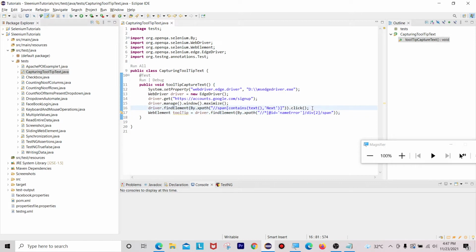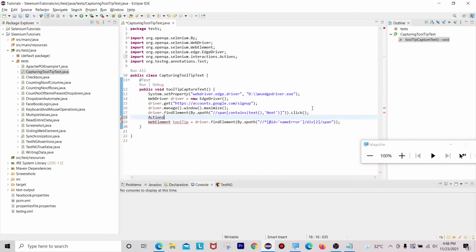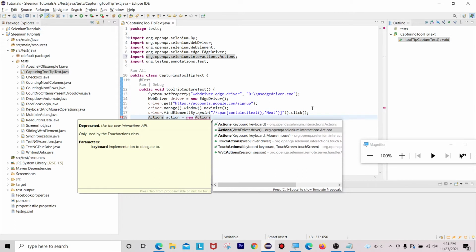Before that, here I am going to use the Actions class, where we can perform keyboard and mouse operations like sendKeys, where we can pass a string of characters, and also we can click on that particular web element, double click, drag and drop that web element, and also move to the element with the help of this Actions class. The Actions class is provided by Selenium, and that tutorial is also available in our channel, so please go through that video if you want. So Actions action equals new Actions, I'm going to take the WebDriver reference here as a parameter, driver.